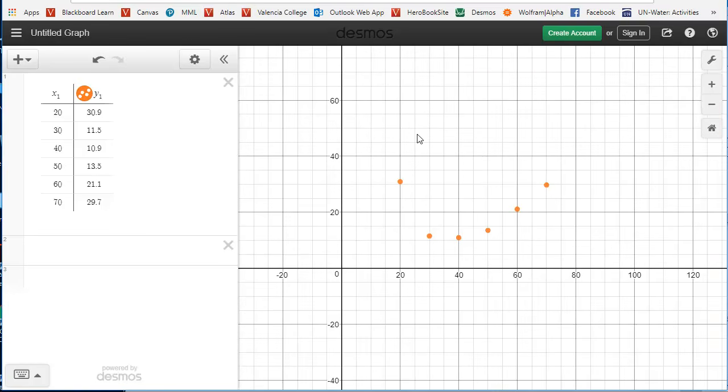So this data is quadratic. We can see that a quadratic function is going to fit this data set. So we're going to use a regression of a quadratic, right? So here's how we do that in Desmos. My inputs are the x1 values, my outputs are the y1 values, and I'm going to put a generic